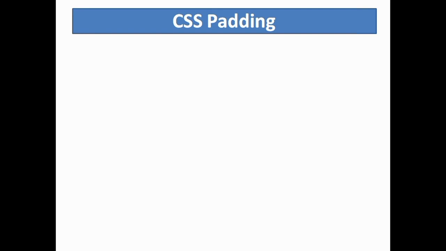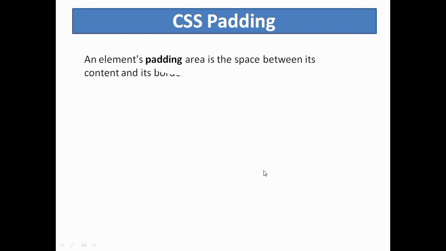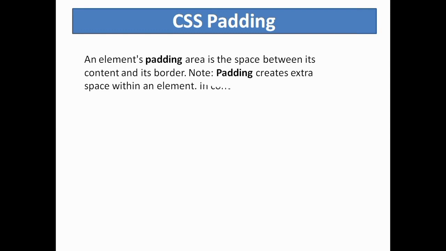So let's talk something about CSS padding. An element's padding area is the space between its content and its border. Padding creates extra space within an element. In contrast, margin creates extra space around an element. So friends,